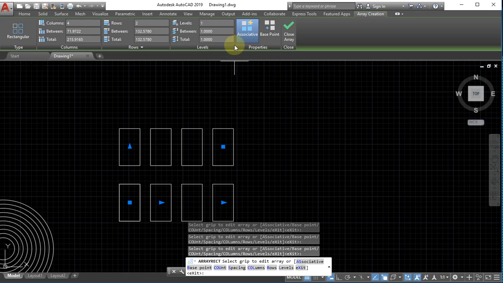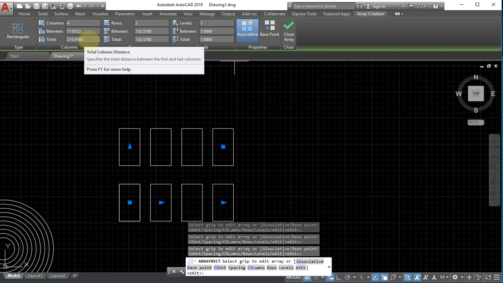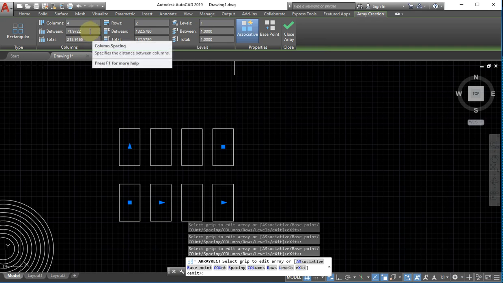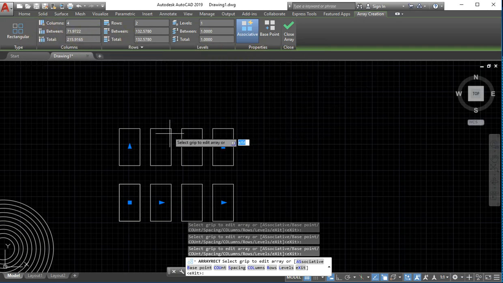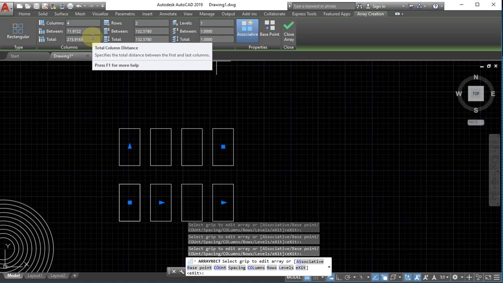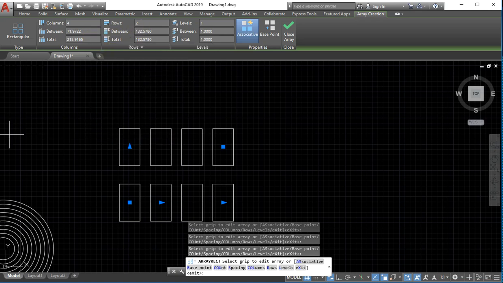Okay, so meron tayong level, may in-between tayo, may total. So, nasa iyo kung gaano kalalayo yung bawat object, no? Ito, meron tayong in-between dito. So, you can change that, no? For now, ayoko muna baguhin. Baka kasi malito ako, hindi ko na mabalik sa dati. Kaya hindi ako basta-basta nagbabago ng setup. Anyway, you can select the object and change these settings. Okay, so ganun lang po yan. That is the first array, no? The next array,